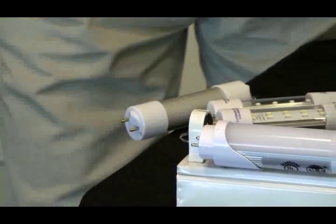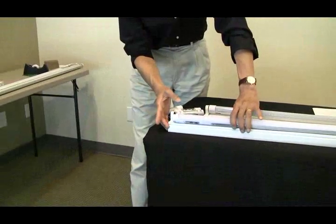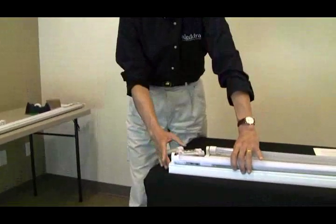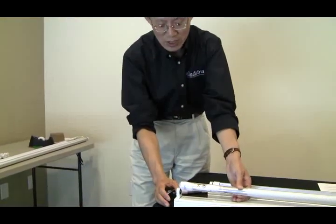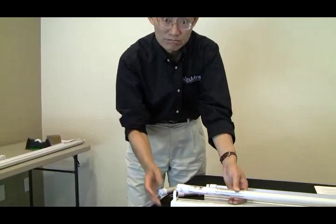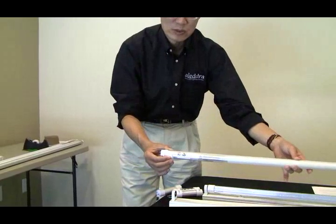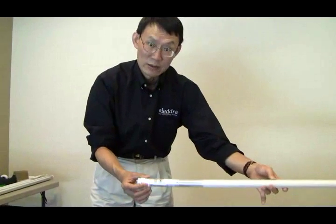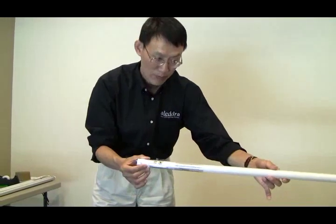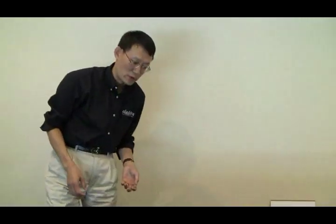Once you have the ground path ready, when you touch it, you will get shocked. So if this double ended tube can get you shocked, is it safe? You be the judge. But as it is, it will not pass the UL certification. But it has a UL label, you say? If it's a false label that's been put on this tube, even though the UL number is a valid number,